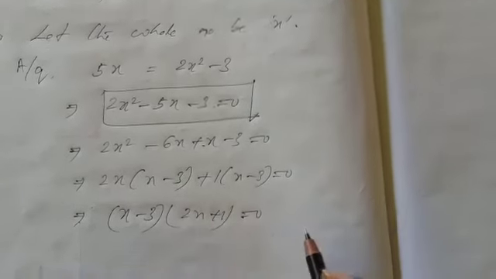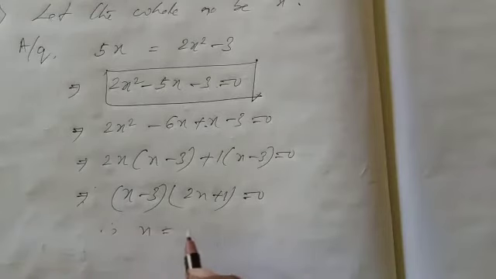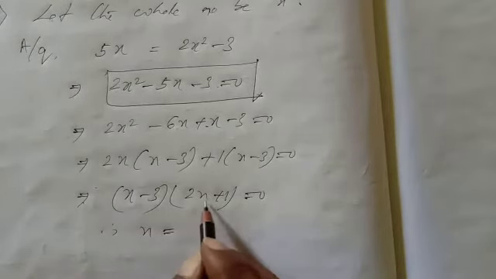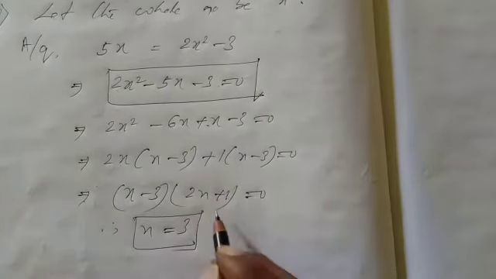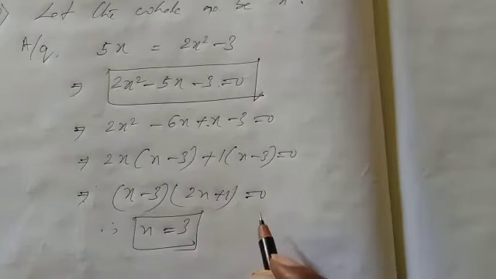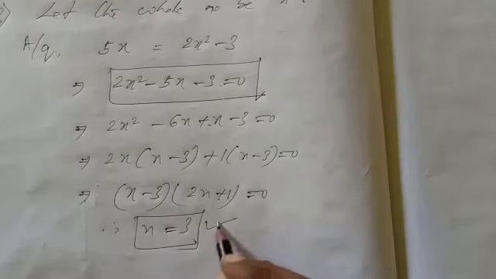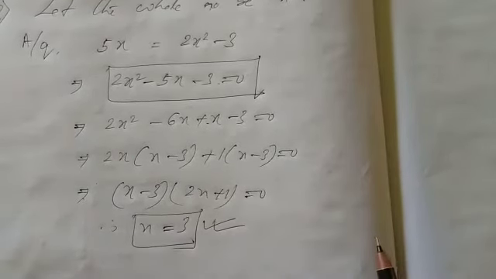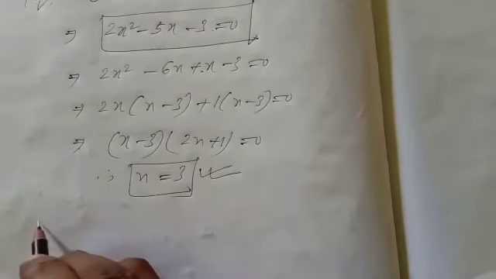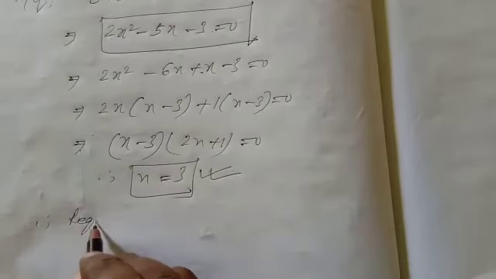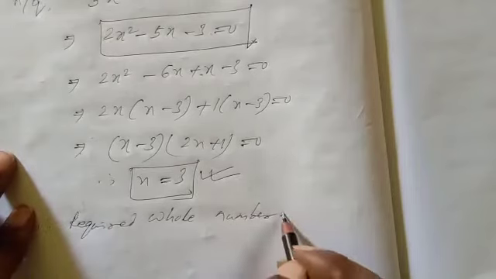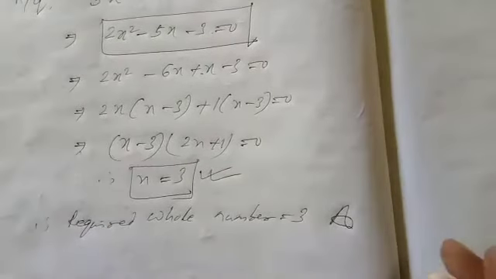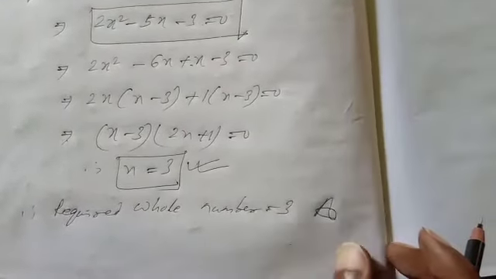From the first bracket I will get x is equal to 3. As it is a whole number, therefore if I take this one, a fraction is coming, means minus 1 by 2. That is cancelled. Only you have to take the positive whole number. Okay, 3. The required number is 3. Therefore, required whole number is equal to 3. This is the answer of number 3. In this way, question number 3 also completed. Let us go to the next number.